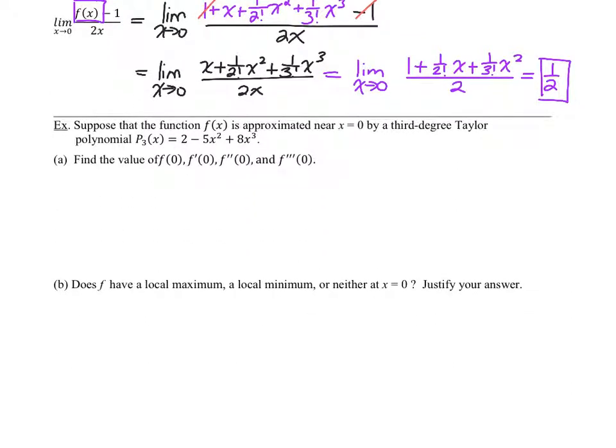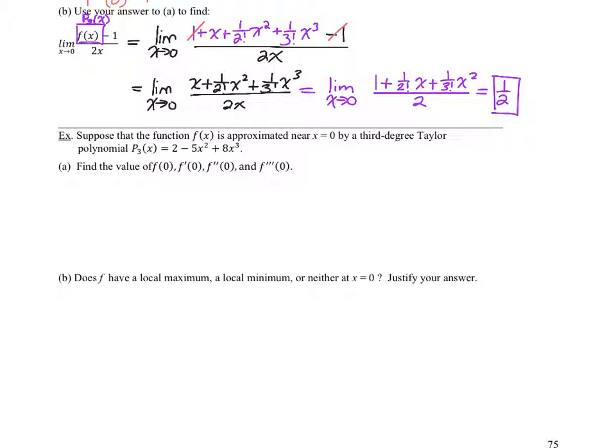So the next one, I think you're perfectly qualified to handle. Suppose the function f of x is approximated near 0 by a third-degree Taylor polynomial. So given, we would want to find the value of f of 0, f prime of 0, f double prime of 0, f triple prime of 0. So this is actually having us work backwards. So if we know